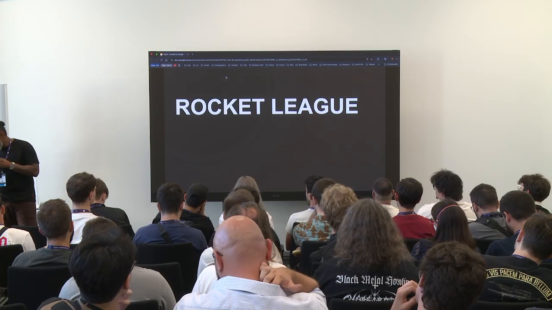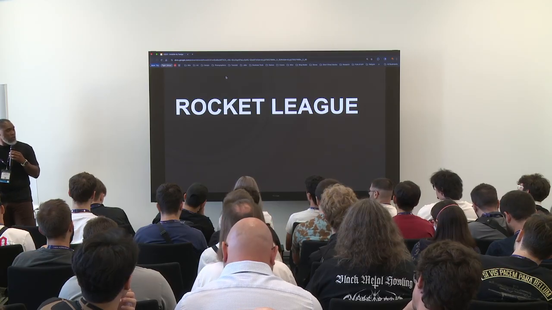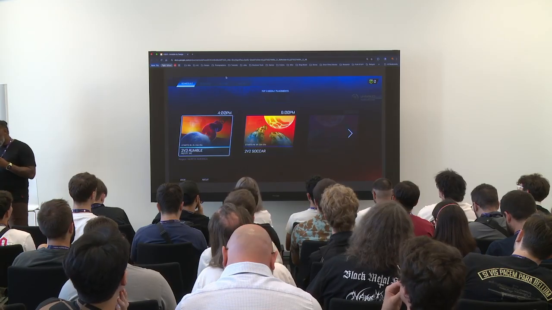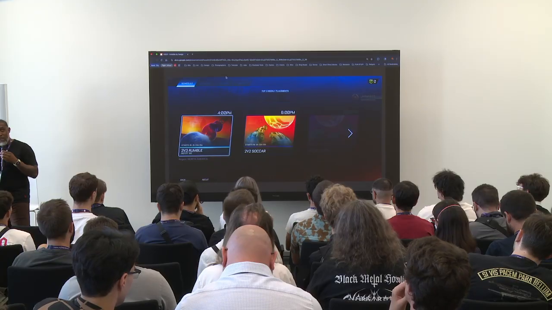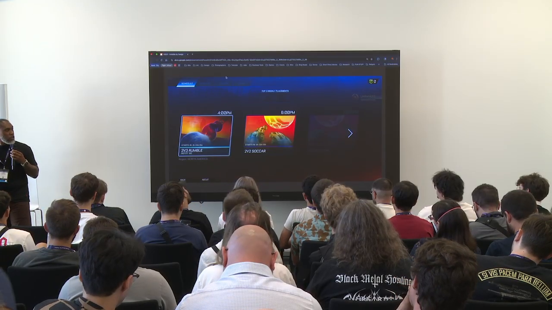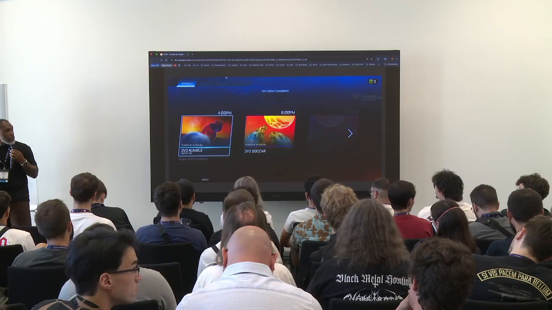And I'm actually not going to talk about the HUD. I'm going to talk about the large system that I worked on in Rocket League, which was the tournament system. This was, I'd say, my first time working on a system this large in games. It reminded me of web development in the fact that it had so many different pieces.